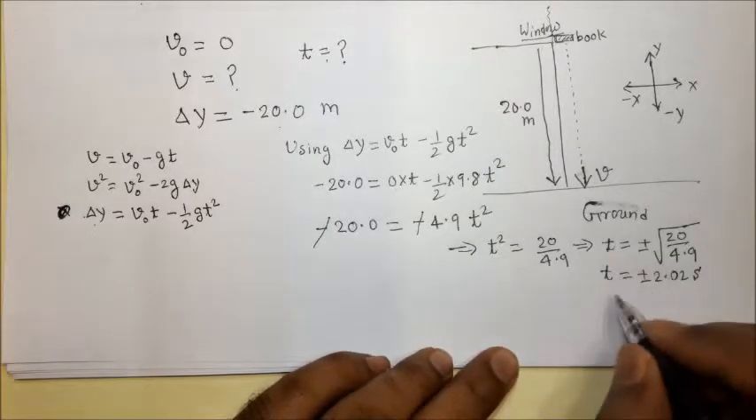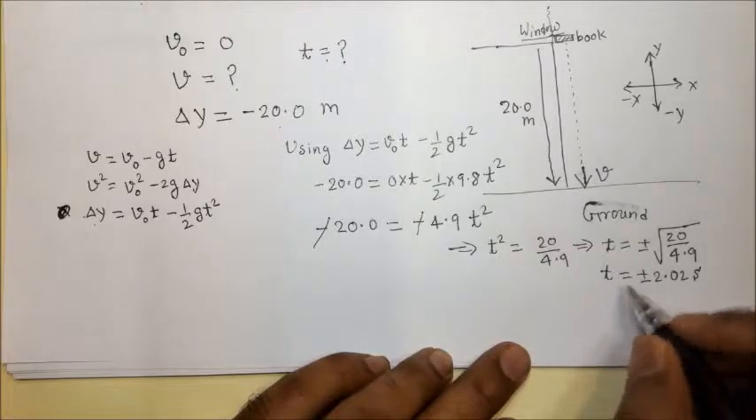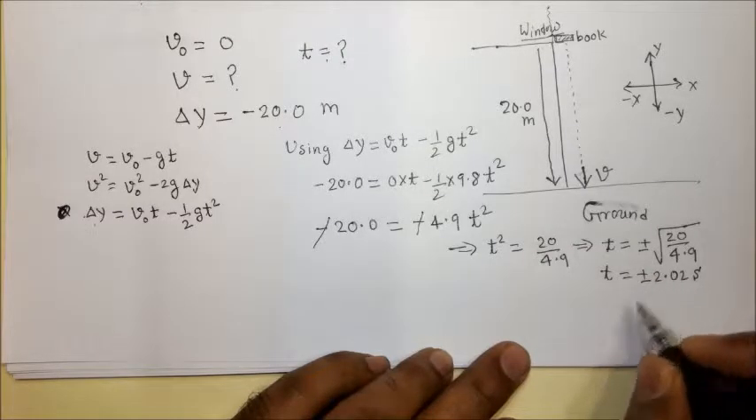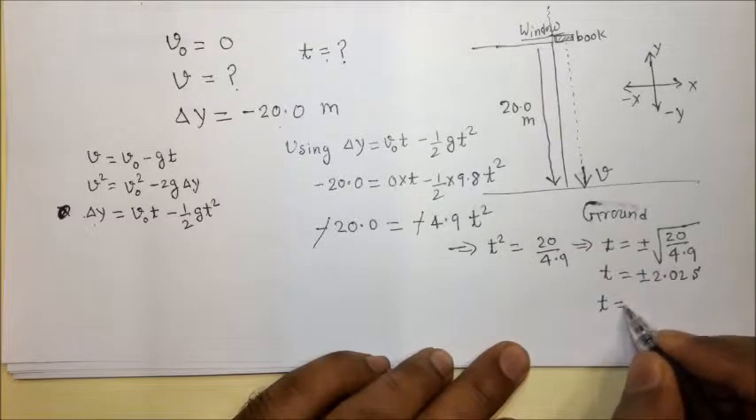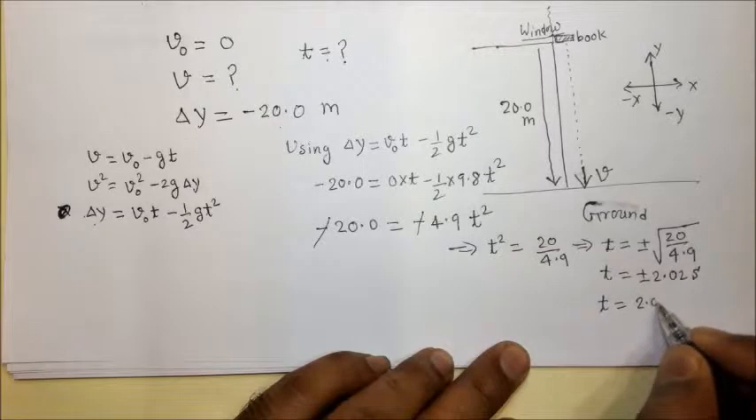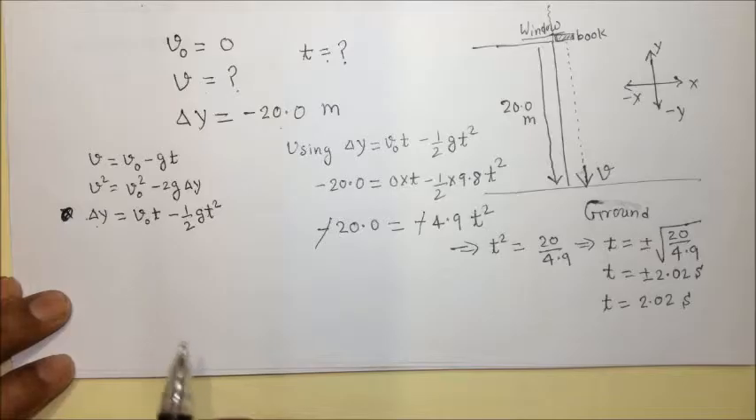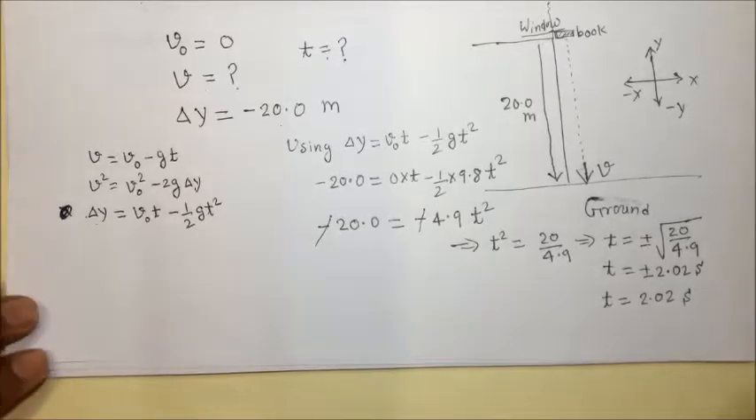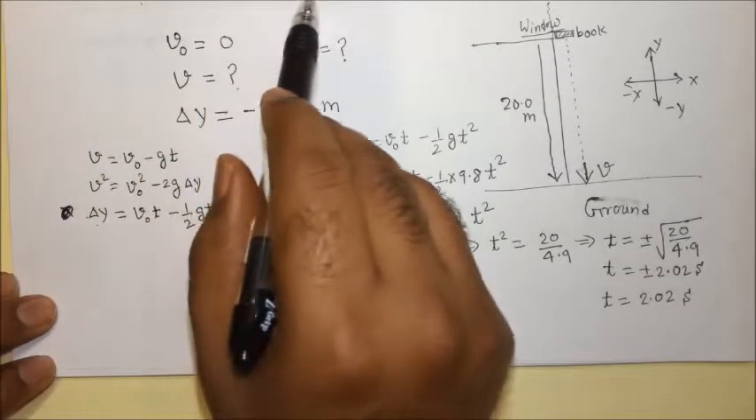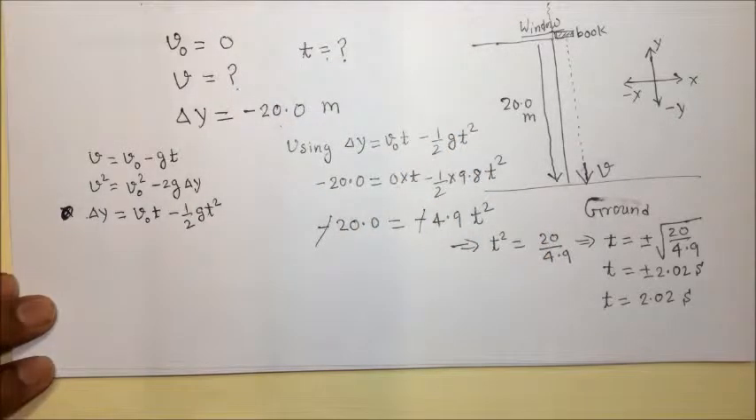You know the time is never negative, so we will drop the minus 1. So t is equal to 2.02 seconds. How about the second part of the problem? With what velocity does the book hit the ground? Okay,